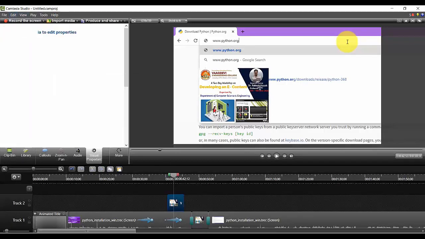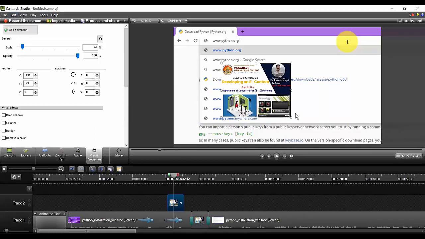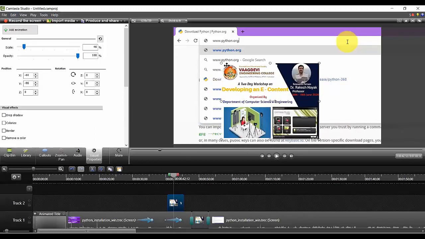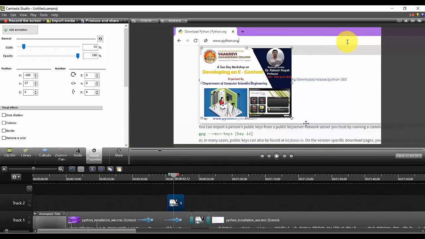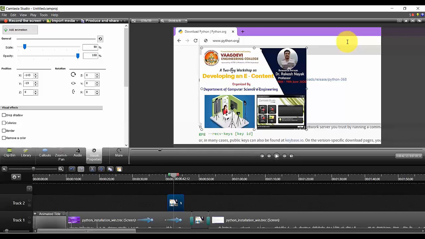Now one more important thing is, now I can resize it, but what if I want only some portion? Can I do any kind of editing so that I can see only Vasudevi Engineering College, nothing else? With this I can just resize it, but I cannot trim this one.